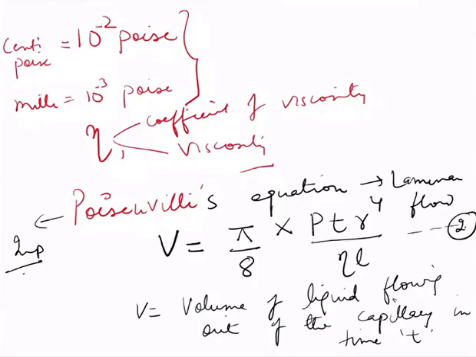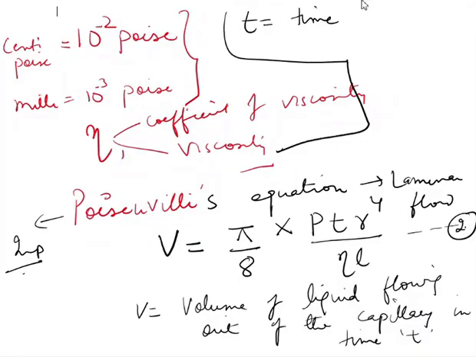Okay. Volume of the liquid flowing out of the capillary in time t. Now we will see how, which instrument we use for this. t is basically your time, I am writing above, class, t is basically your time in which volume V